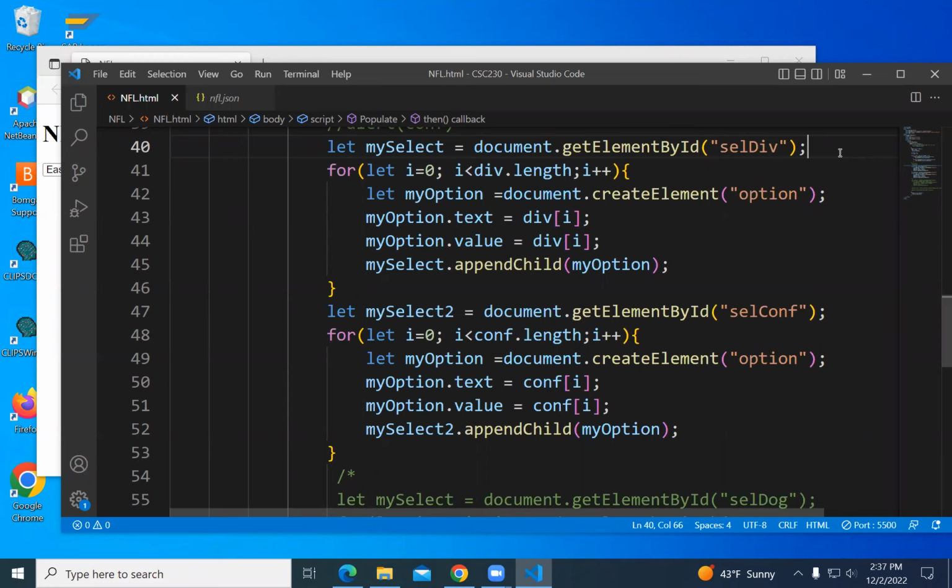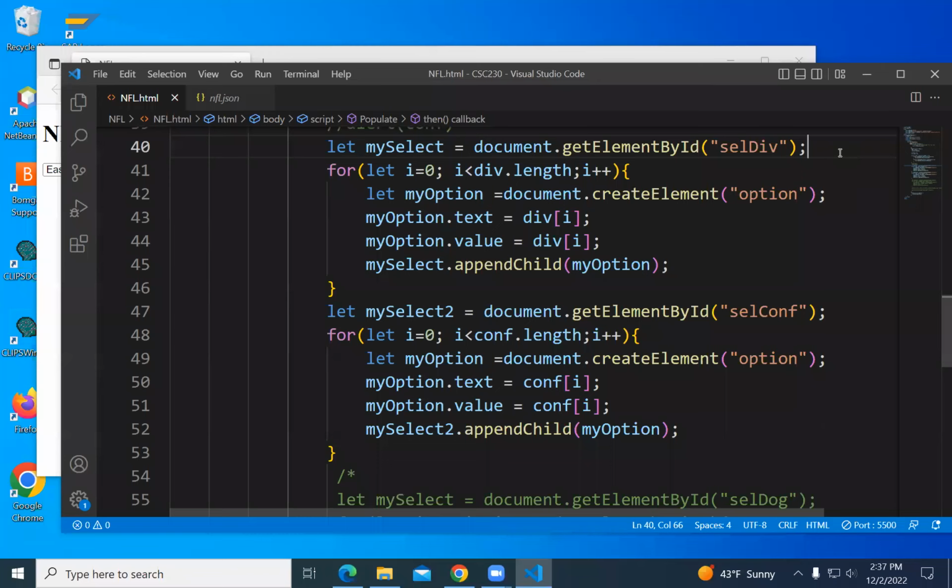And the function is, I'm going to have the same function handle the two on changes. I'm not going to write two separate functions for populating the team.